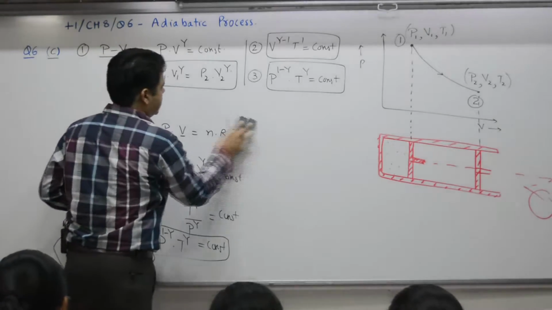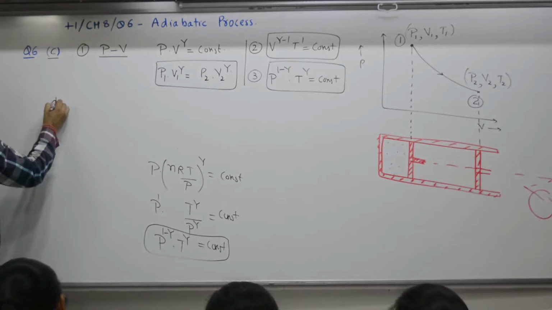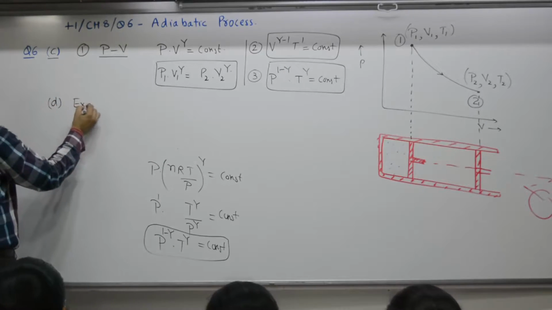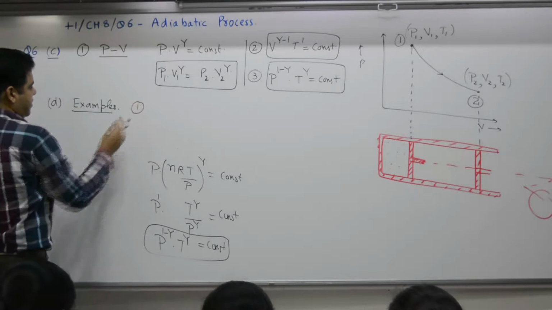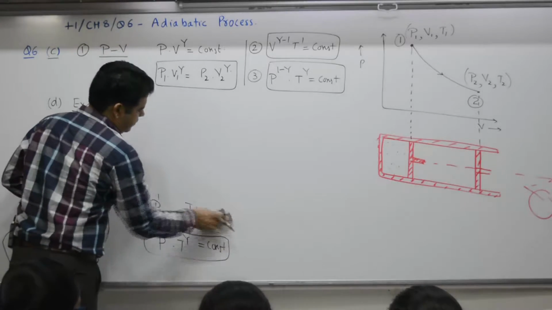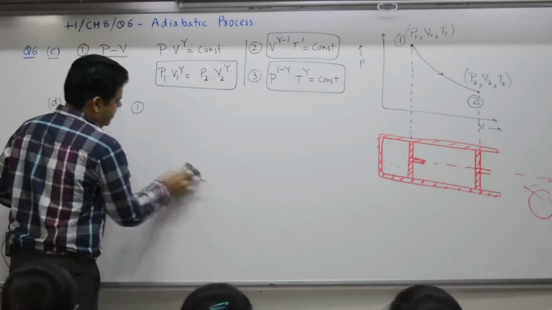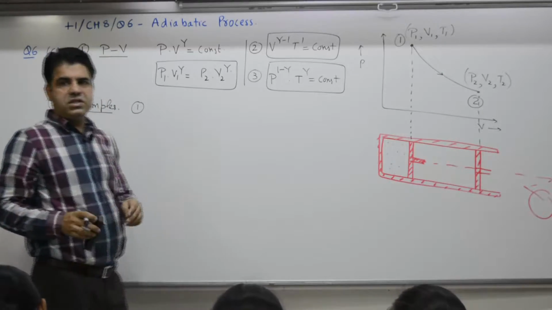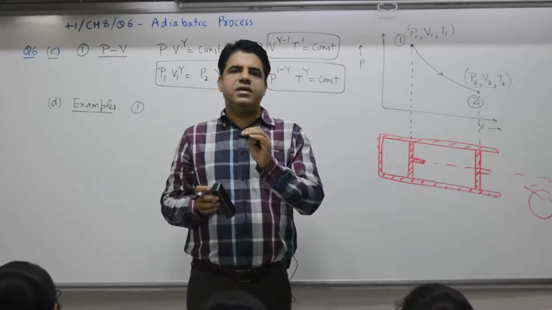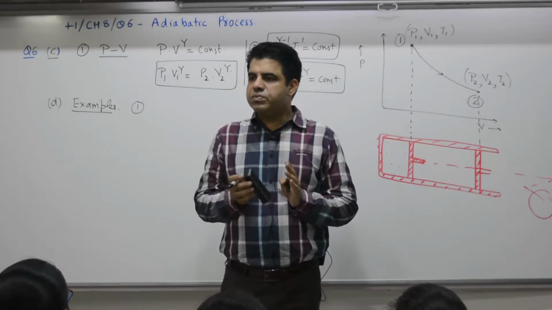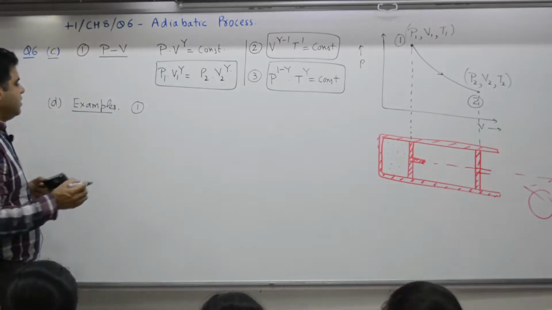This part deals with what? Examples? First is what? Bursting of a tire. It's a fast process. Cycle tire. You keep on increasing the pressure, at a certain limit it will be more than the breaking strength of the tube and a blast will take place. Bursting of the tire